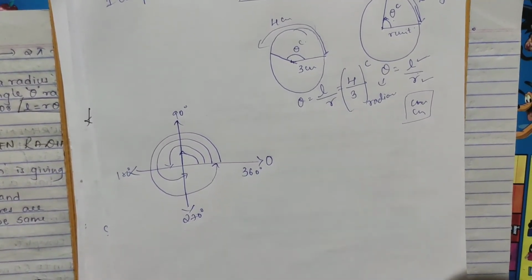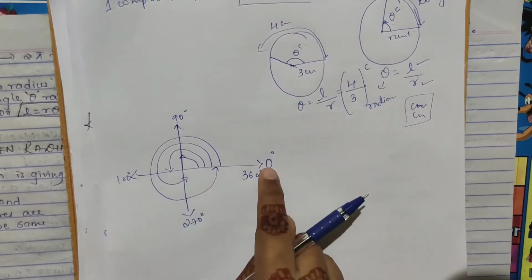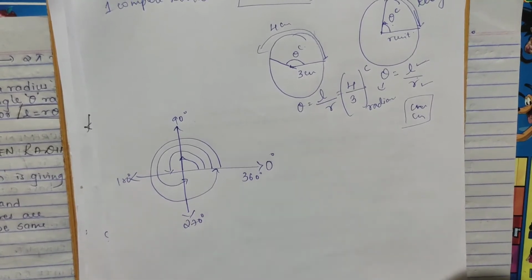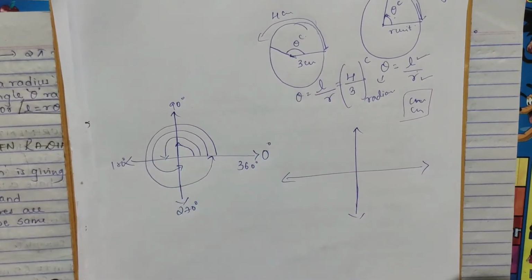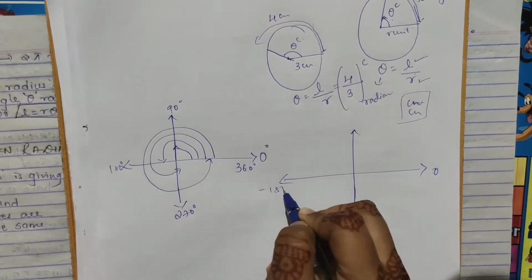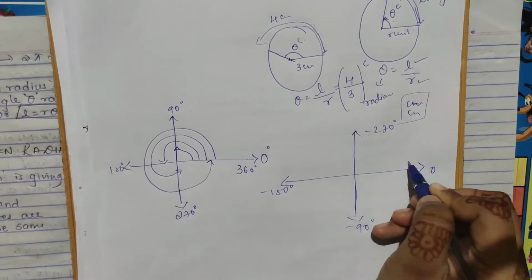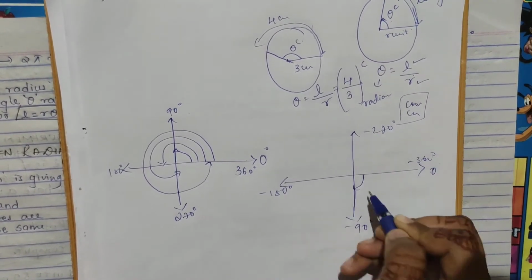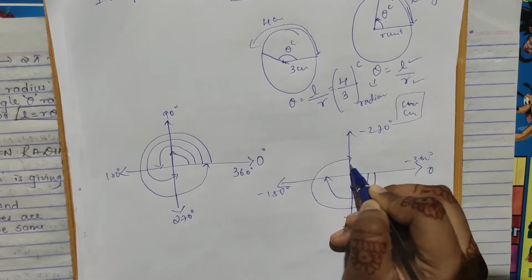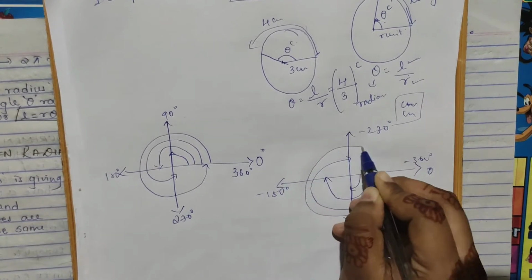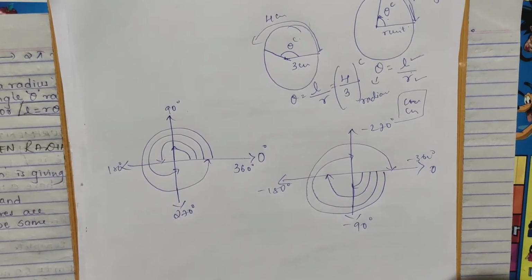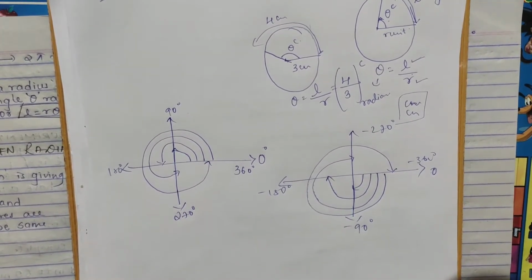So see here, this we tell as degrees if you are writing. Now if you are taking it in radian, this I had shown in anti-clockwise. Same in clockwise, if we go like this, it will be minus 90, minus 180, minus 270, and here it will be minus 360. Again this becomes minus 360.